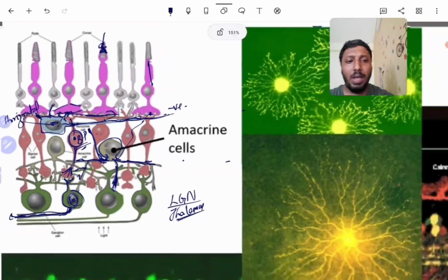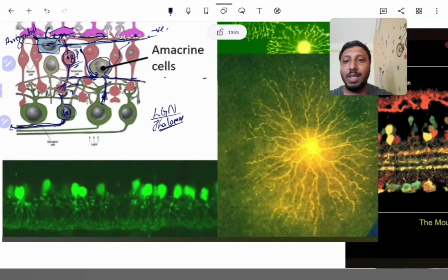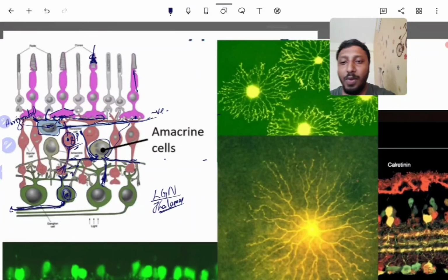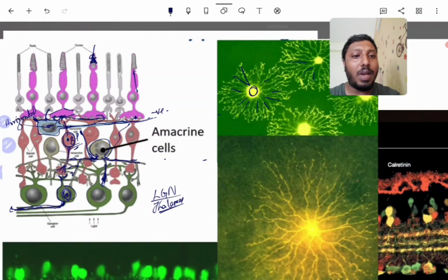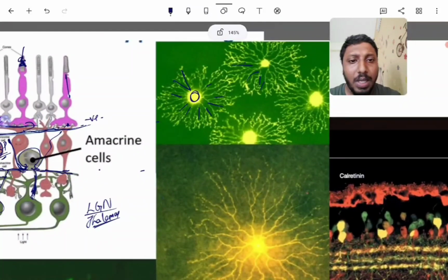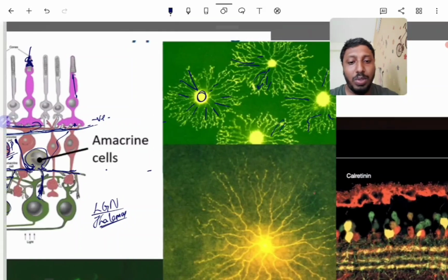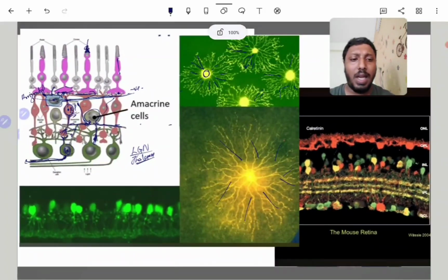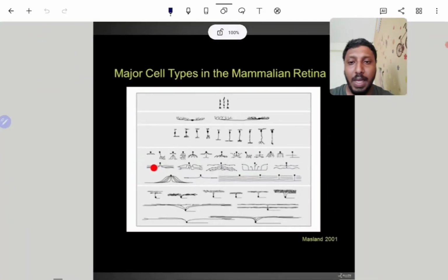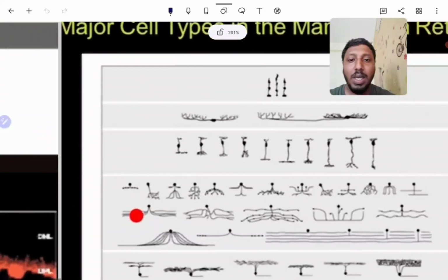And see the beautiful pictures. This is the cross section. If you shine the light directly on the retina, the ganglion cells are the center, and look at its neurons. It's all the way around, and you can see that there are different kinds of neurons. Some are small, some are huge. All these neurons are very different, and there are reasons for all these variations. We can discuss that later.